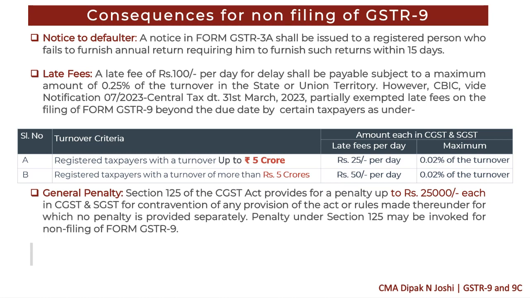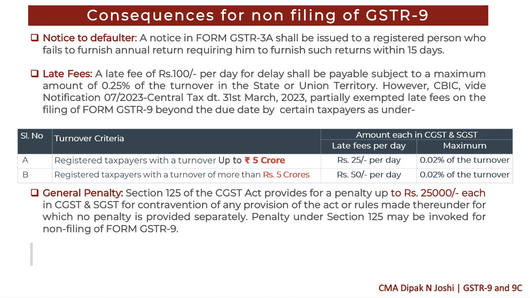Now CBIC notification 7/2023 partially exempted late fees for a certain class of registered persons based on the turnover. So in those cases, those registered persons are not required to pay late fee at rupees 200 per day. In that case, they are required to pay late fee at the reduced rate. Now let's understand what this reduced fee is. So if the turnover of a registered person is up to 5 crores,